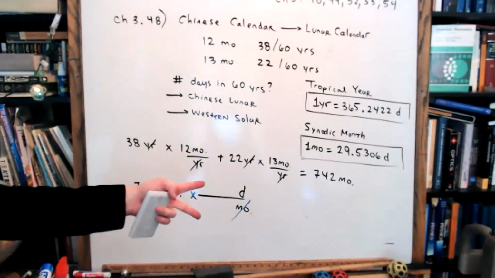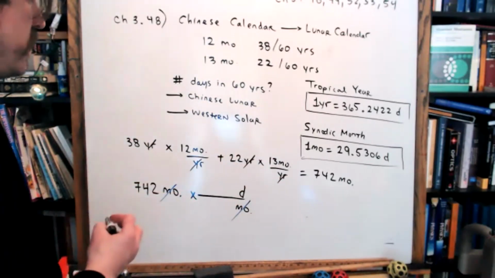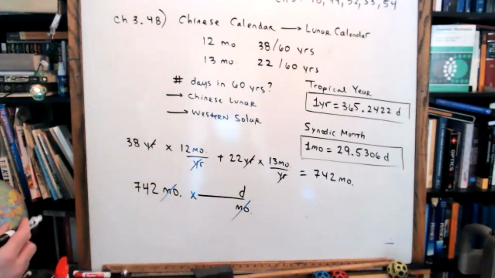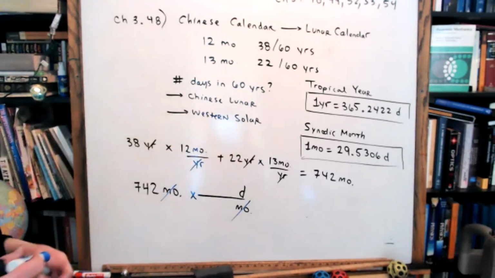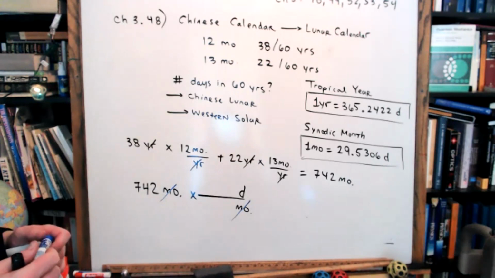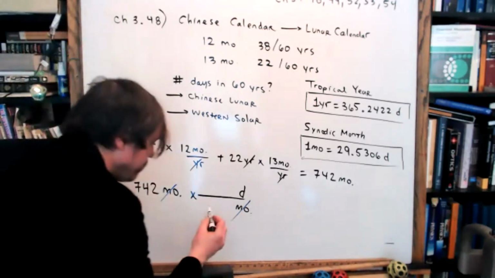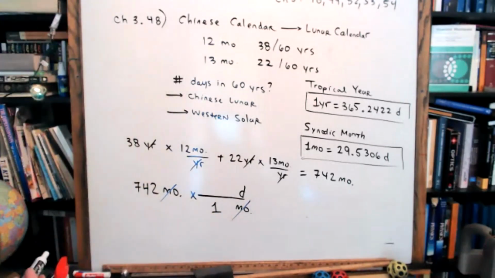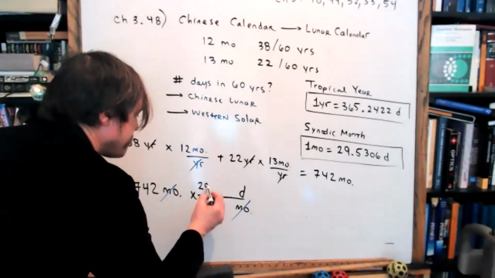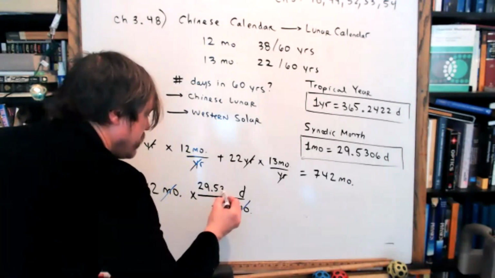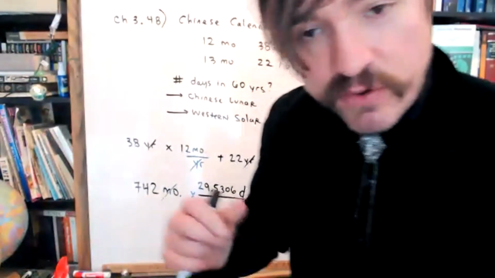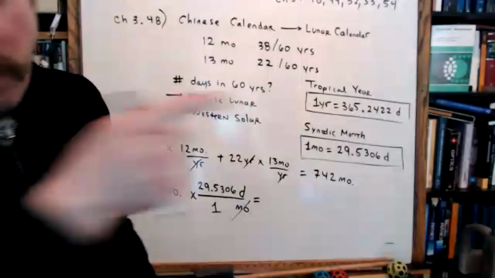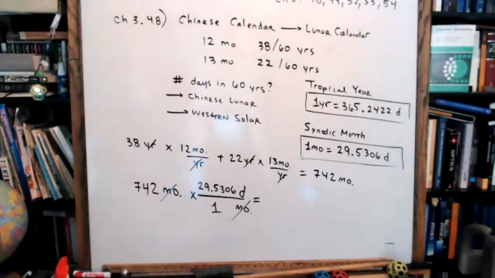Okay, so give me some numbers top and bottom, Nori. You need a conversion factor, which you have. You can put 1 on the bottom, 1 month, and 29.5306 on the top. Correct. That wasn't so bad, was it? You guys need to be able to do this, and I need you to get to a point where you can do this without me poking you and pushing you forward. All right, punch them up.